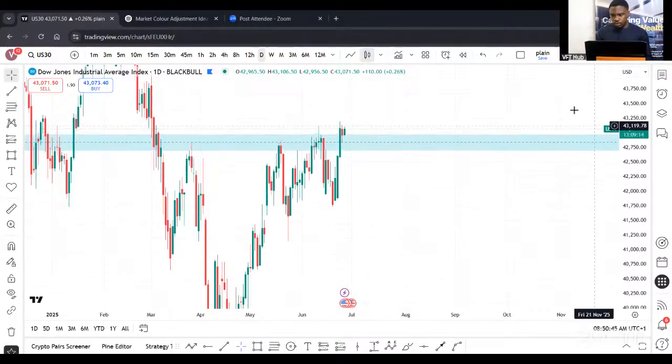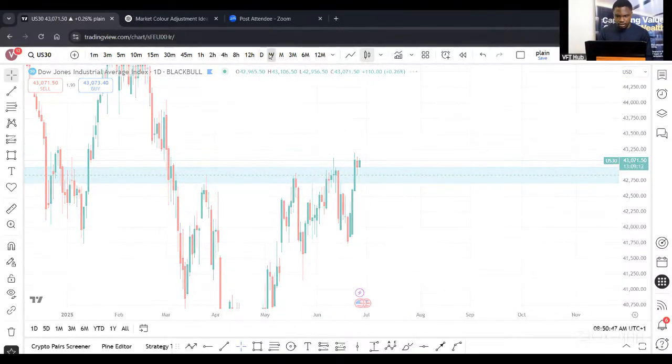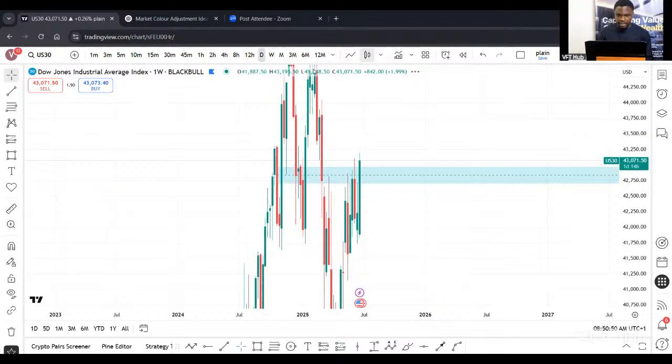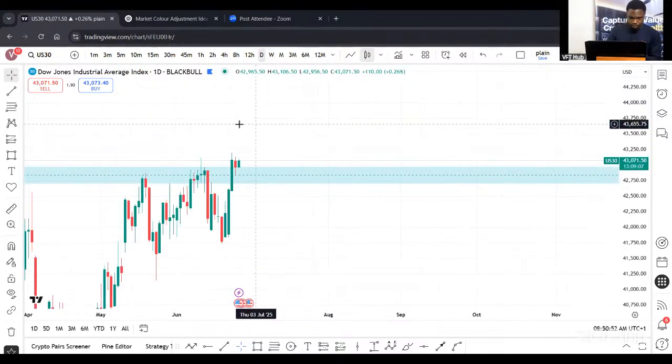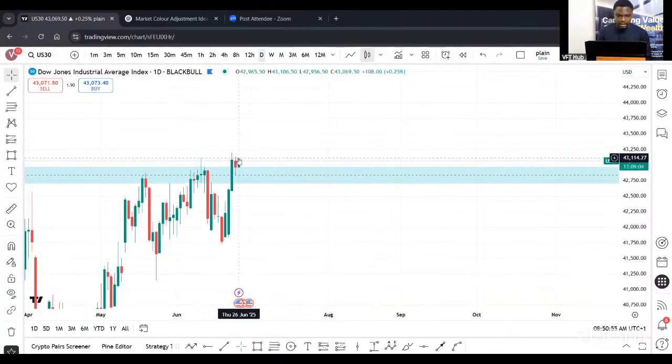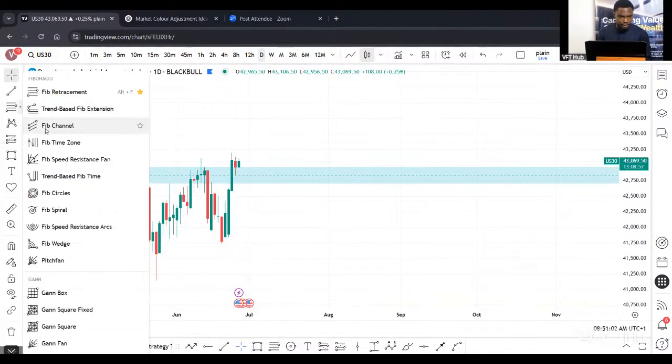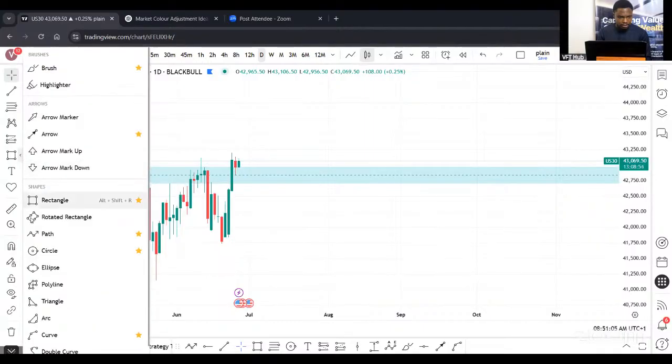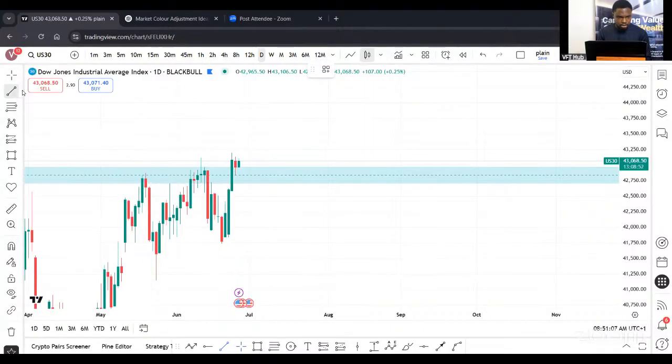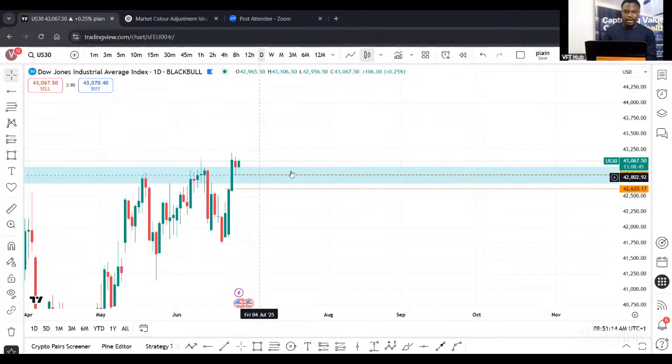So on the daily time frame here, something can happen, right? This candlestick can come to retest this fair value gap. We have a fair value gap around here, and that's based on the past price action of US30. There can be a retest of it and then price continues.